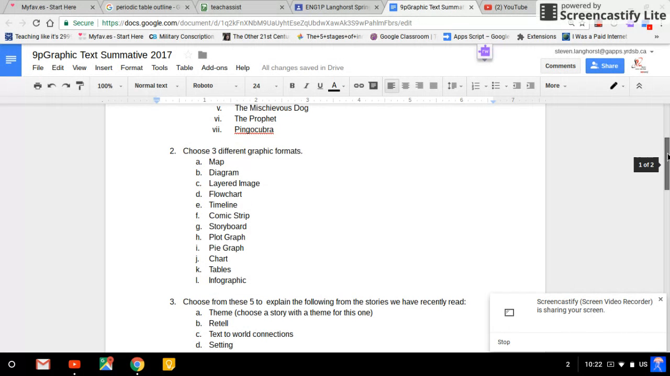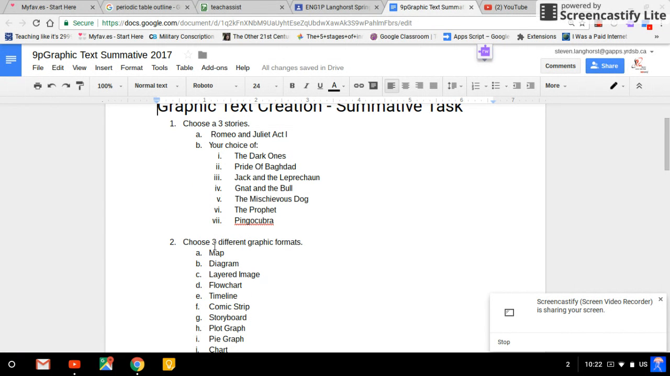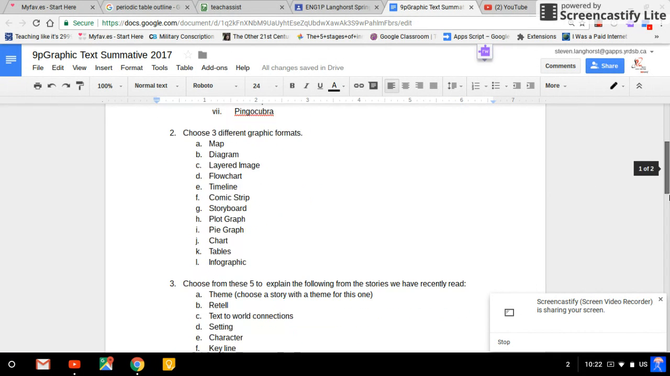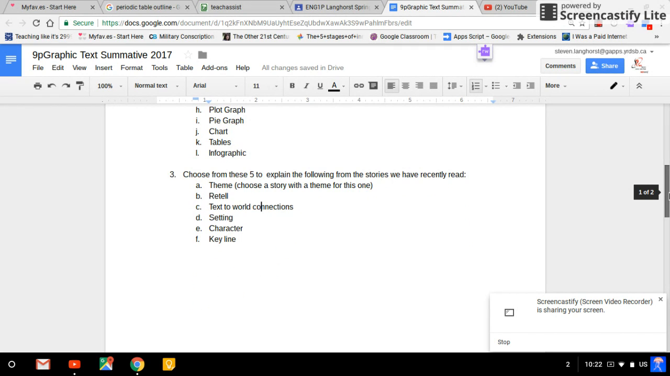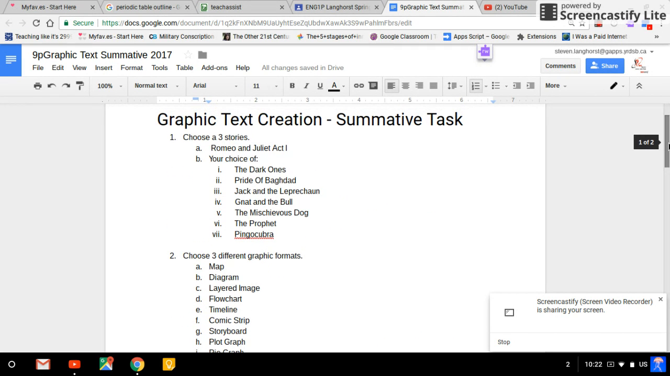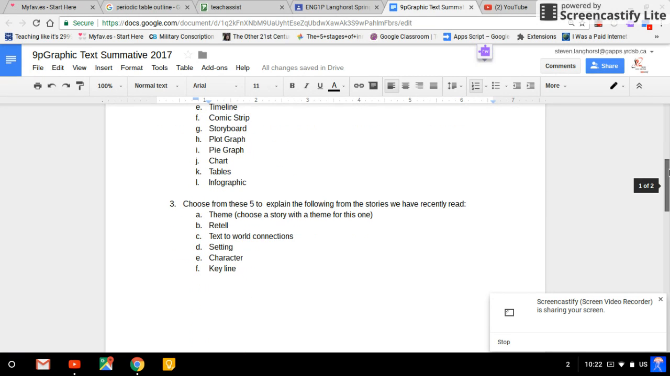So in each graphic, let's say you choose a map, the Pride of Baghdad and Retail, you would probably draw a map of Baghdad and show the path that the lions took, from the zoo to where they get killed on top of that cliff. So that's just a sample, but the idea being take one from here, and one from here,